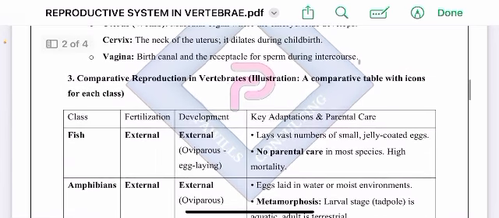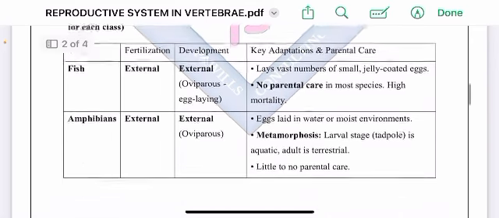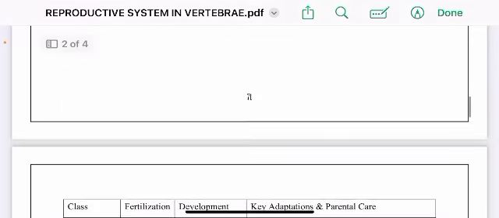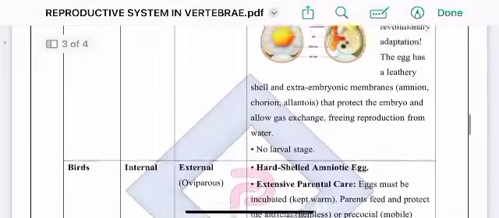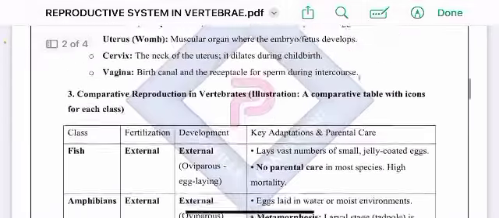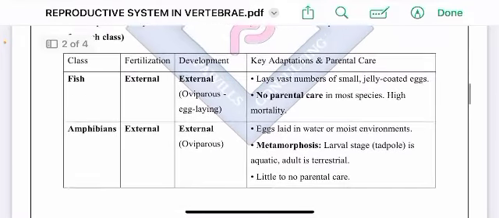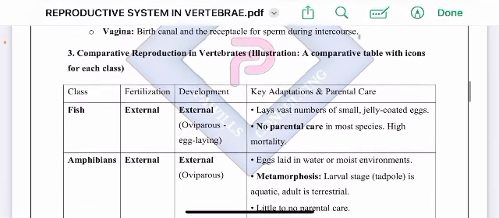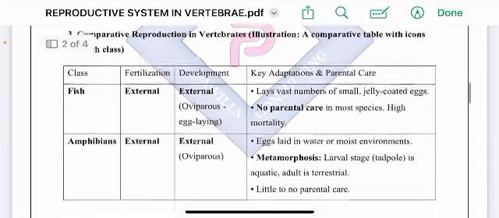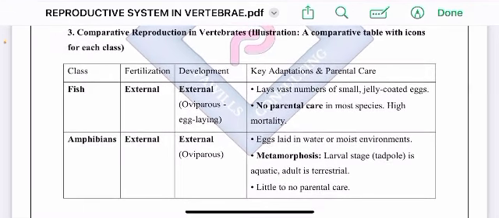Now, let's go to comparative reproduction in vertebrates, meaning we'll compare the different reproductive systems in three or more vertebrates here. Now this table is created to assist you in learning this. For the fish,